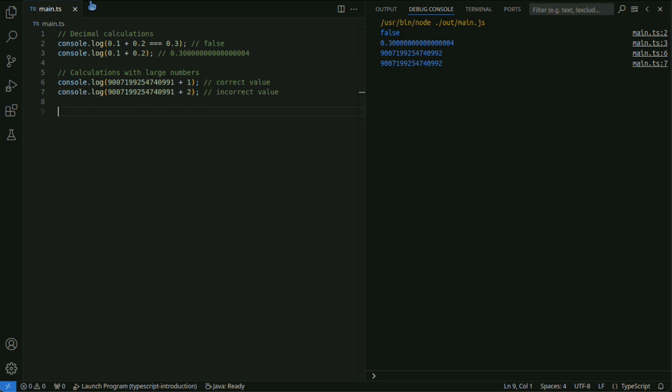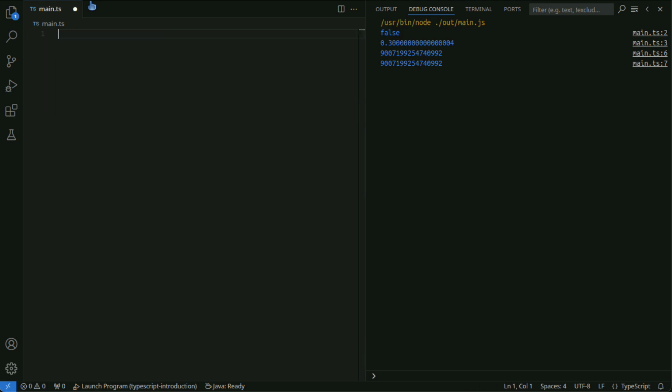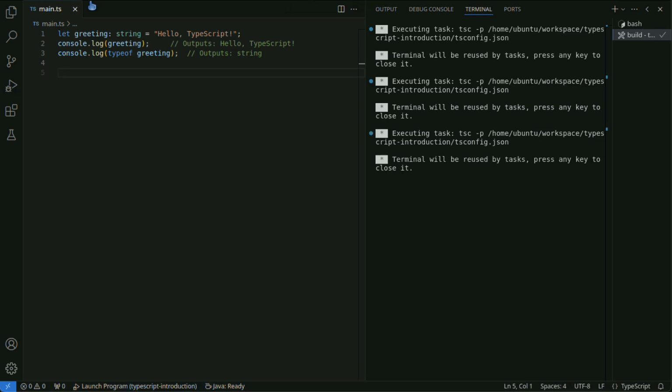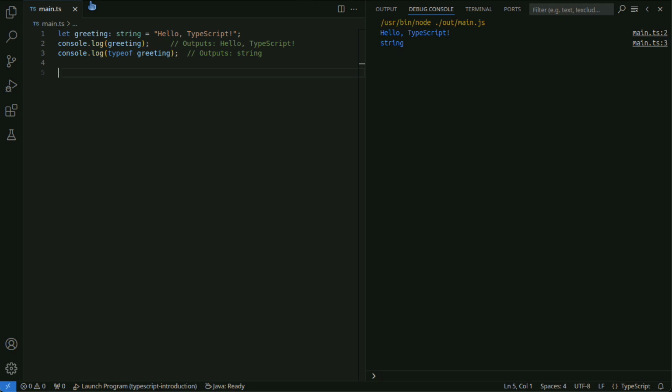The string type handles textual data. The Boolean type has two values, true or false.